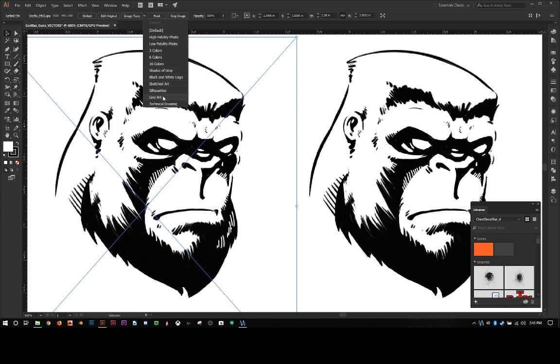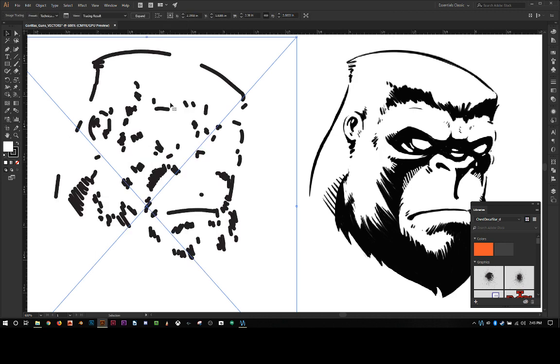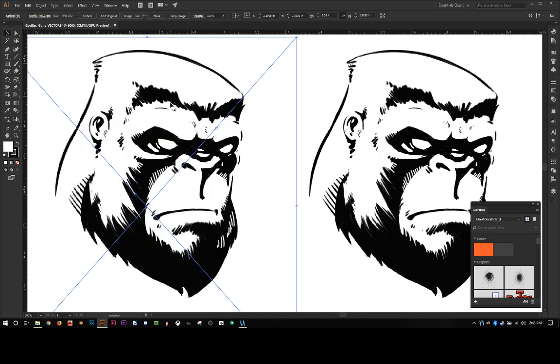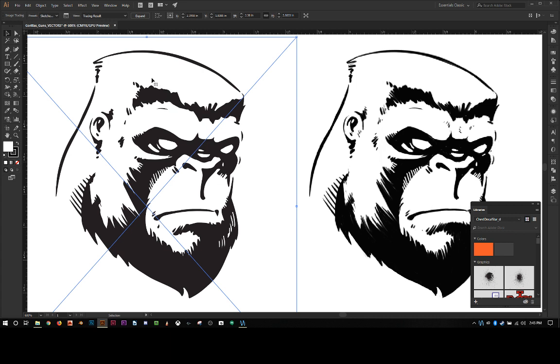Now that's kind of a funny thing. Line art. This is line art that we're working with, but this conversion is very strange. Same with that one. It's trying to identify strokes and then make those into vectors, but it's not using any shapes or fills or anything like that. Now I think sketched art does pretty well. There we go. Okay, so now we can see we've got very similar